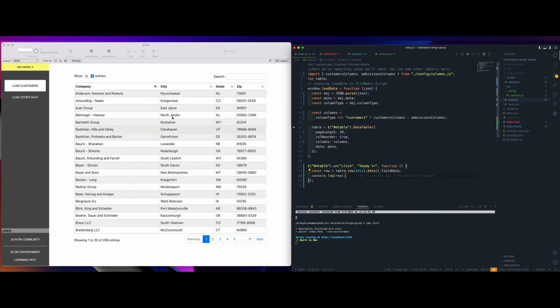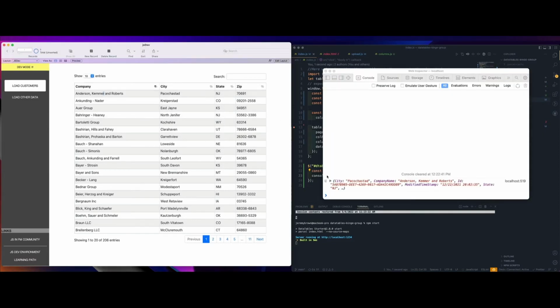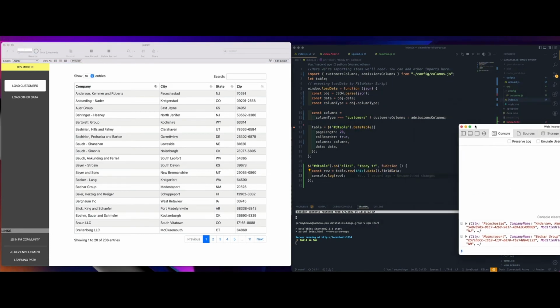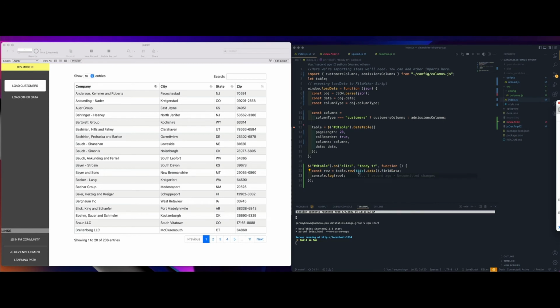All we need to worry about right now is that it's the row that I clicked on, this row that I clicked on. So let's see if that works. Reload it. Click the first row, I get the first row's data. Click the 10th row, now I'm getting that row's data. So the keyword this is very important. It just tells JavaScript that when I click on it, pass that row's data back to this variable.